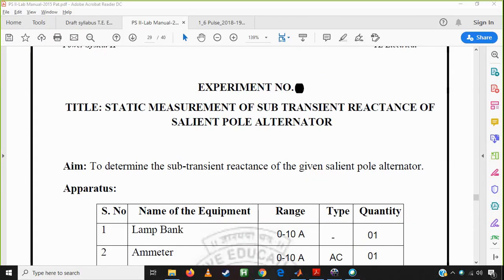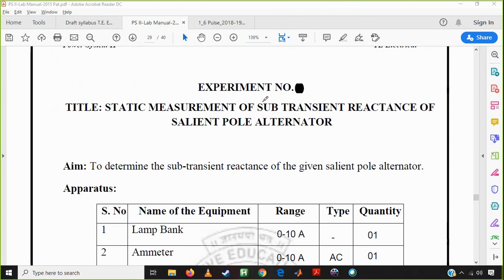Hello friends, today we are performing our next practical, that is static measurement of subtransient reactance of a salient pole alternator. So that means we have to determine the subtransient reactance of the given salient pole alternator. Here we have three important things: the salient pole alternator, the subtransient reactance, and the last one is static measurement. So the title suggests we have a salient pole alternator, and we have to calculate the subtransient reactance